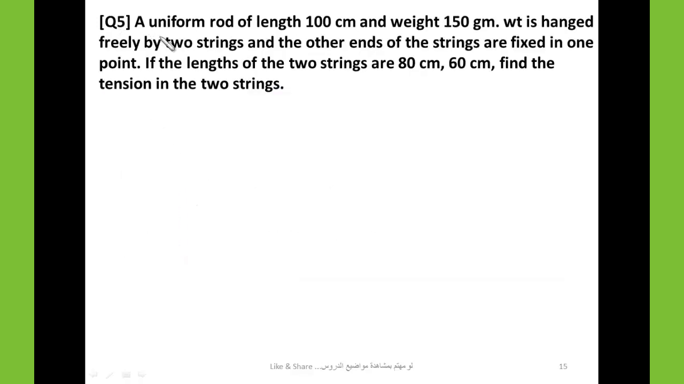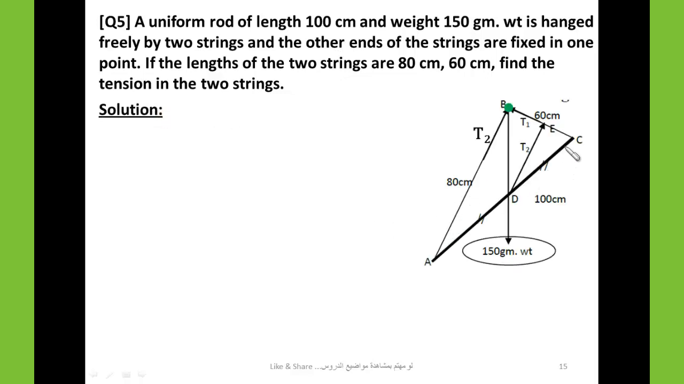Question 5. A uniform rod of length 100 centimeters. Here AC is a uniform rod. Since the rod is uniform, its weight, 150 gram weight, acts on its midpoint, denoted by the symbol D. A uniform rod of length 100 centimeters and weight 150 gram weight acts on the point D, the midpoint,